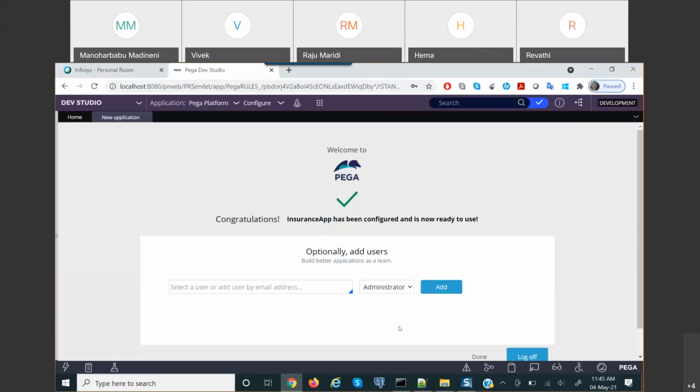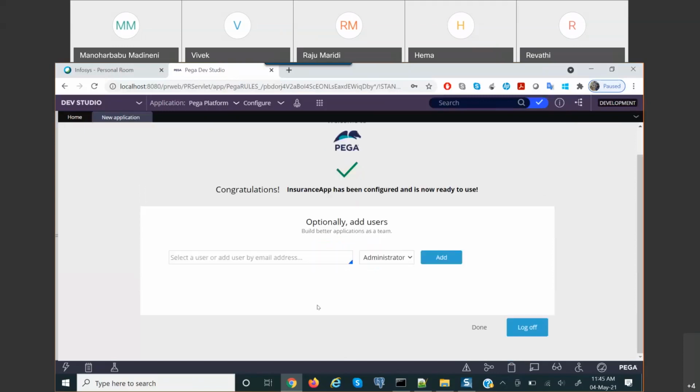That's it. So here we just need to add an operator ID here. So we can give a name here, like let's say admin at the rate ICSC.com. It expects a kind of email ID actually.